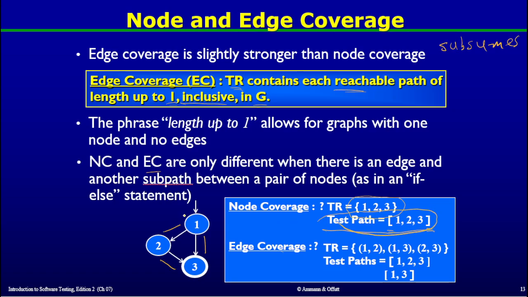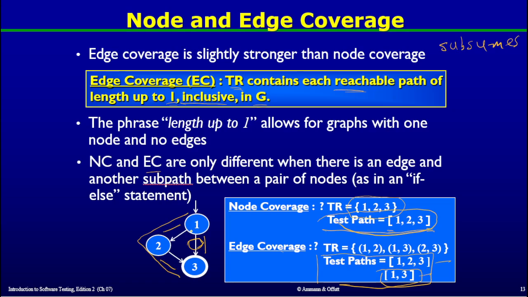If I just traverse the path 1, 2, 3, I am going to miss the particular edge 1, 3. So for that, I have to add another path, from node 1 to node 3, to my set of test paths, which is written here. It also includes the first path. So now this set of test paths, [1, 2, 3] and [1, 3], achieves edge coverage